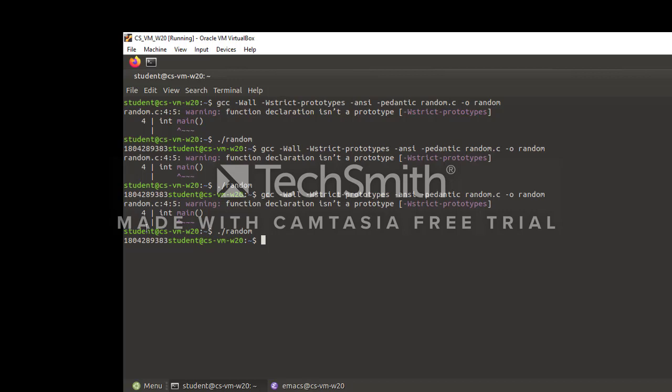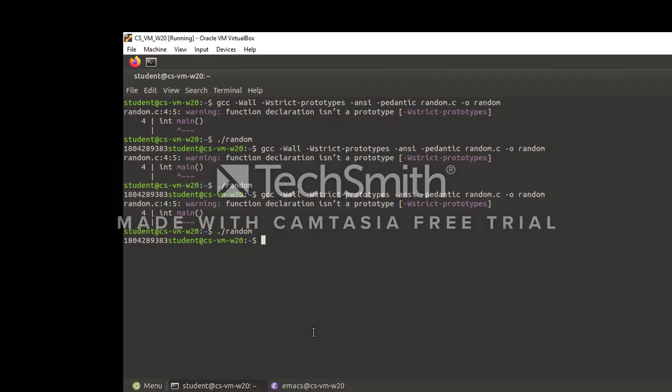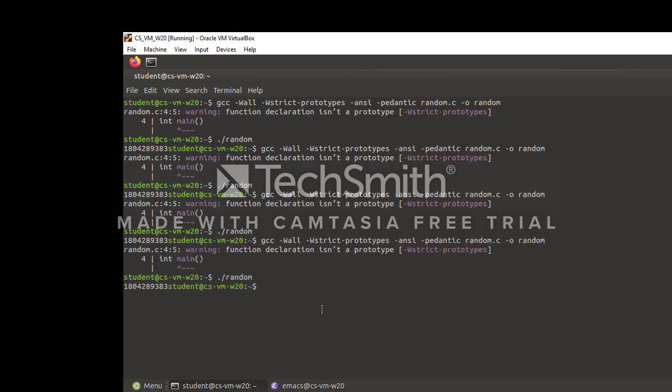So how to really generate a random number? For that purpose, you have to use the seed function, which is called srand, and you have to provide a seed number. So say for example, if I provide 1, save, compile, run, you get this number.